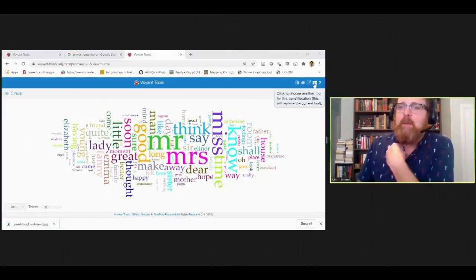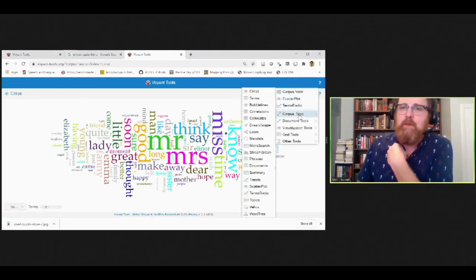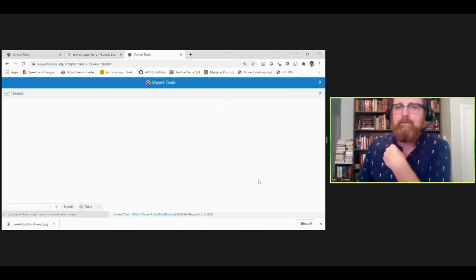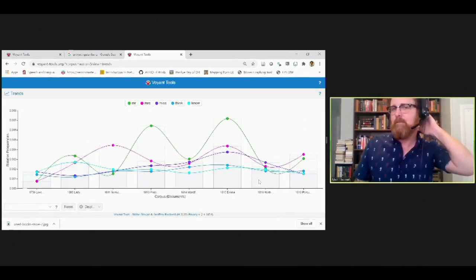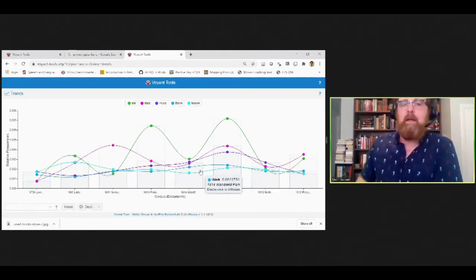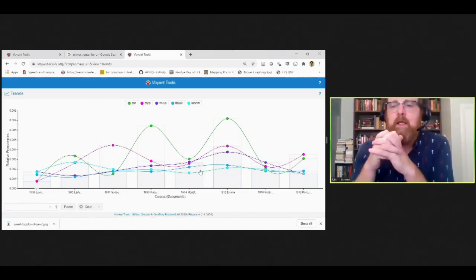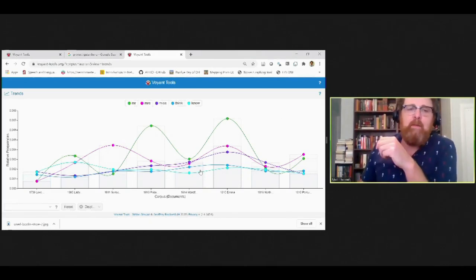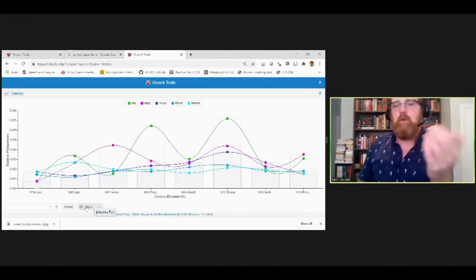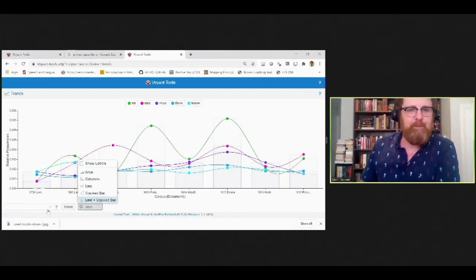So let's go back up here and click on our window. And we're going to go to Corpus Tools. And we're going to go all the way down here to Trends. And trends will basically visualize a novel as a spatial relationship. And we can actually analyze words over the course of a text. So for example,